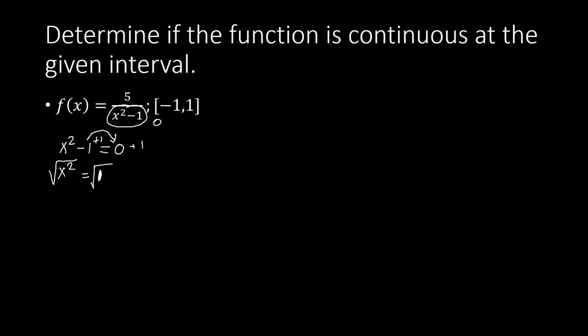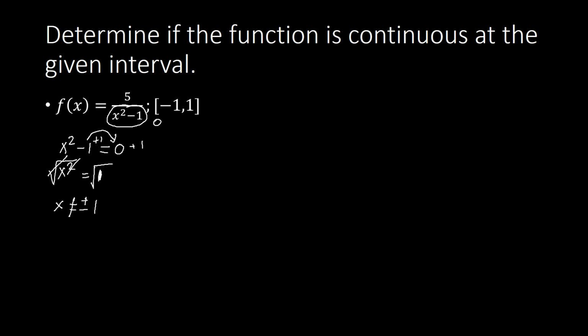So getting the square root of x squared, we cancel the square root symbol, and so with the square, we are left with an x. This is equal to positive or negative 1 because that is the square root of 1. The root of 1 is going to be either +1 or -1. So there are two values of x that will make the entire denominator equal to 0. You may go ahead and try to replace your x there in the denominator, and you would see that that will become a 0, which will make our function undefined. So we avoid those things. So that means our x must not be equal to